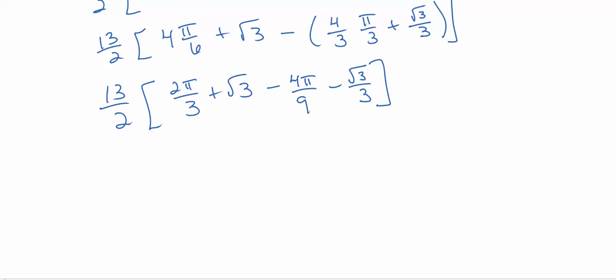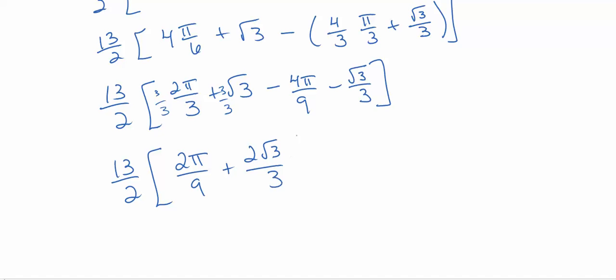Okay, so this is 3 square roots of 3 over 3, take away 1 square root of 3 over 3, so that's 2 square roots of 3 over 3 for that part. And here you can multiply this by 3 over 3, so that's 6/9 minus 4/9 is 2/9, 2 pi over 9, and again you can multiply this by 3 over 3, and you'll get 2 square roots of 3 over 3. And then finally, you can multiply through by the 13 halves, and the 2's will cancel each, and you'll get 13 pi over 9 plus 13 square root of 3 over